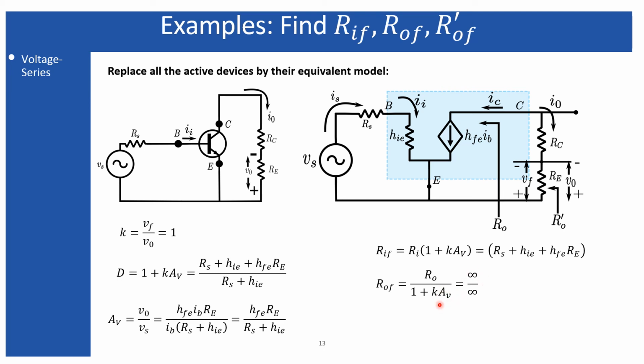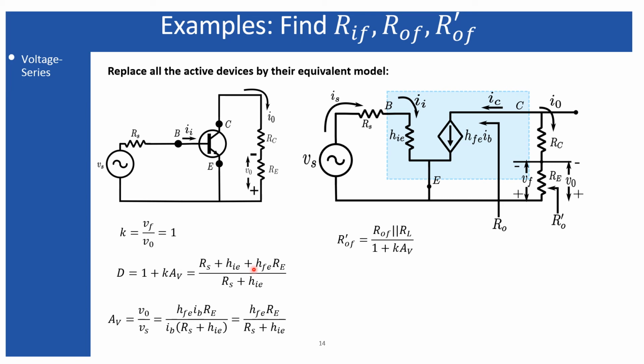Along with that, A small v we can easily obtain by limiting this A capital V where RL tends to infinity. But RL is Re itself. Now if you make this RL tend to infinity, the A capital V will also become infinity, and A small v also. So therefore Rof will be undefined, because that will be the ratio of infinity divided by infinity. So we have to follow the backward process. Let's see.